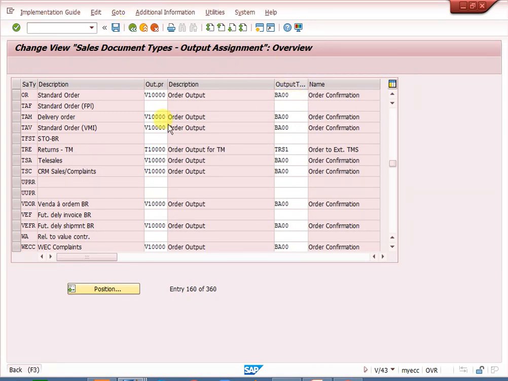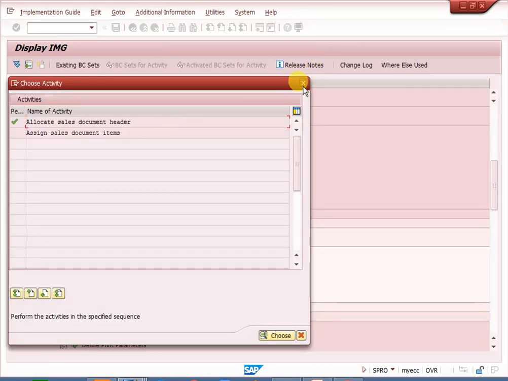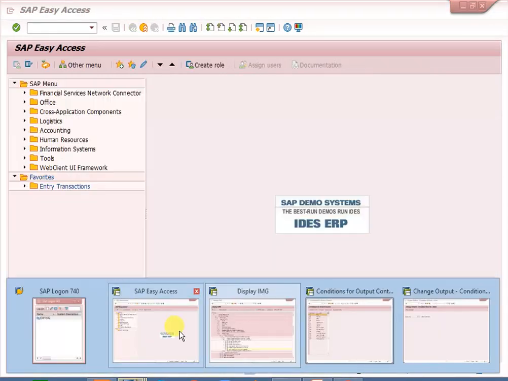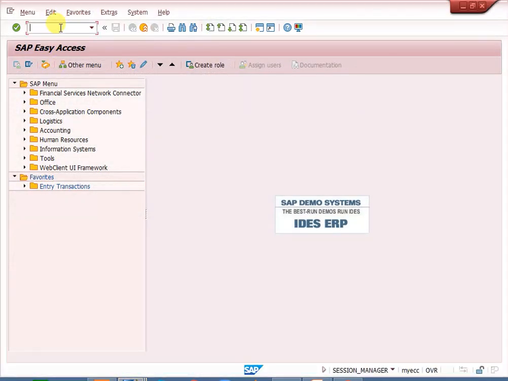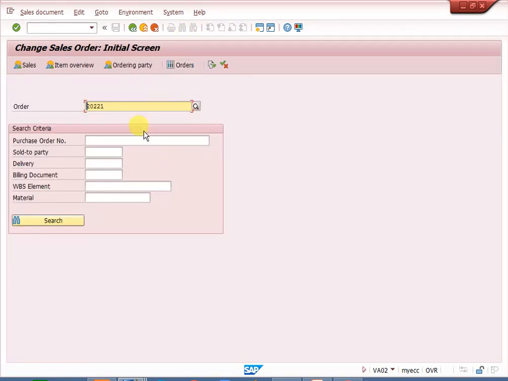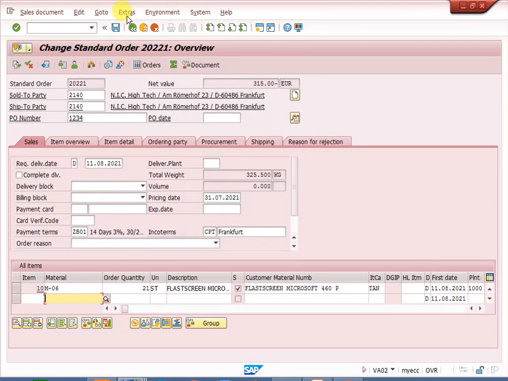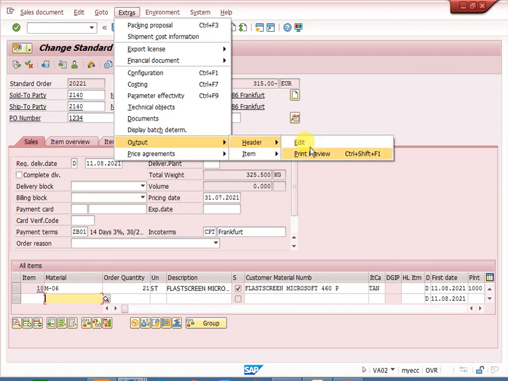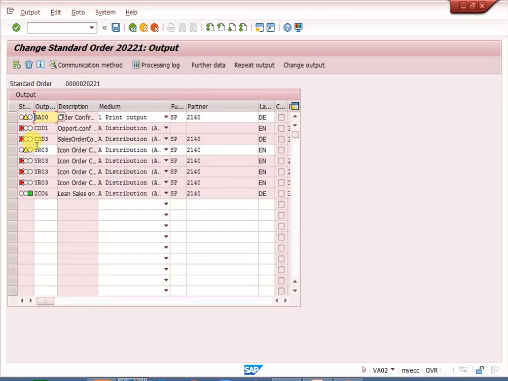Friends, this is the most important configuration for sales order output determination. Once it is completed, go to VA02. Already I explained. I have maintained condition records in VV11, VV12, so it is coming.